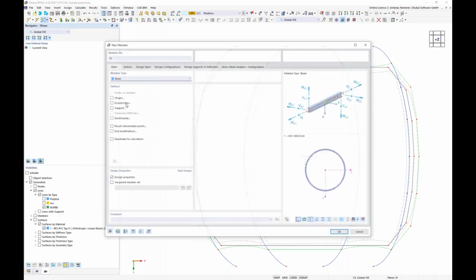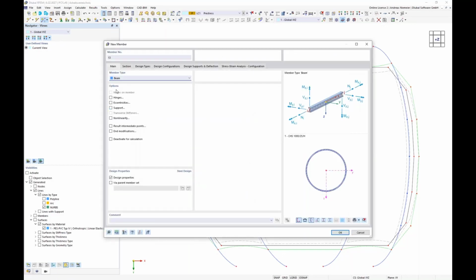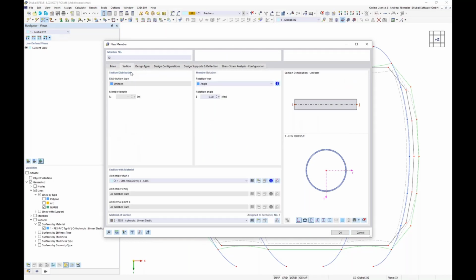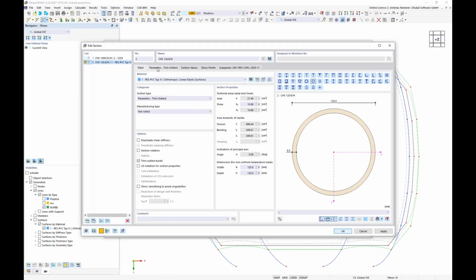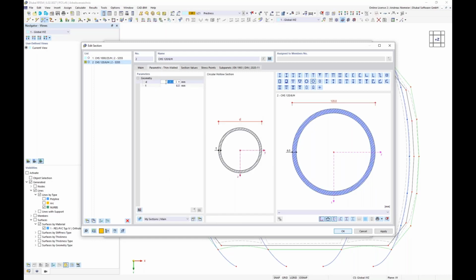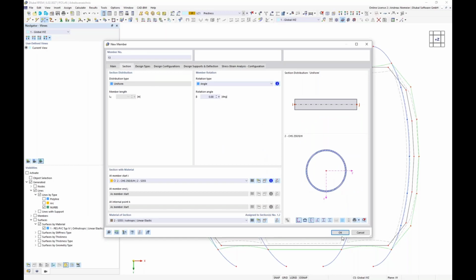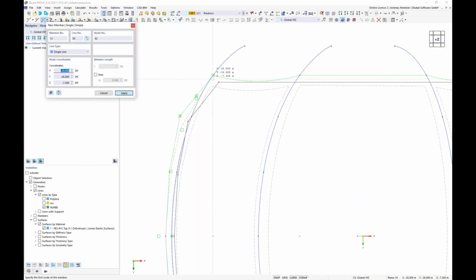And for this, I open the new member option, use here member type truss because it's hinged on both sides, and open a new cross section. And for this, we use again this steel material with a diameter of 250 by 8 millimeters. So, and now we have to concentrate to pick all these nodes, and let's place these linking members in between. Here between these blue division members, the same here. And